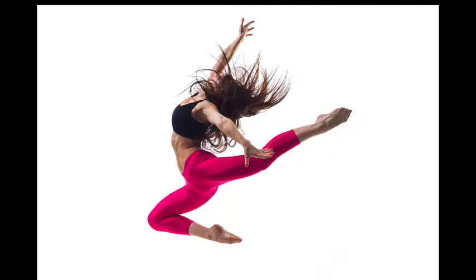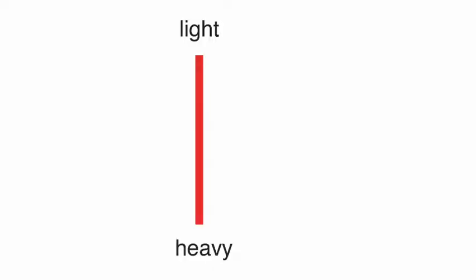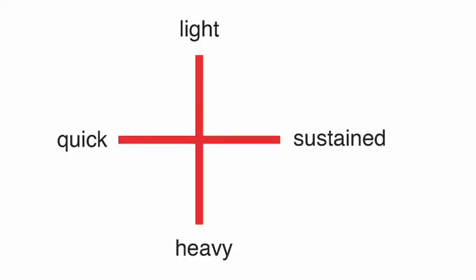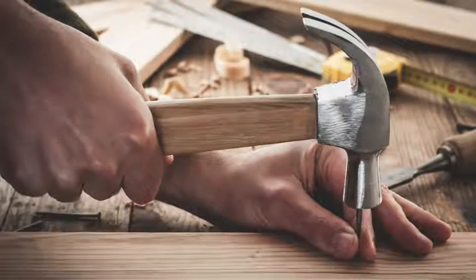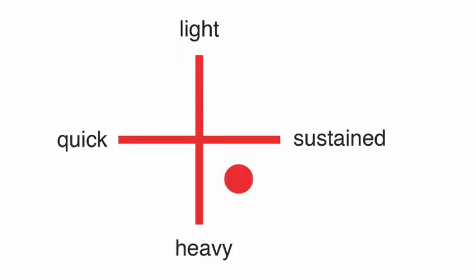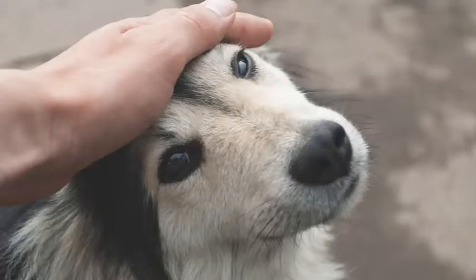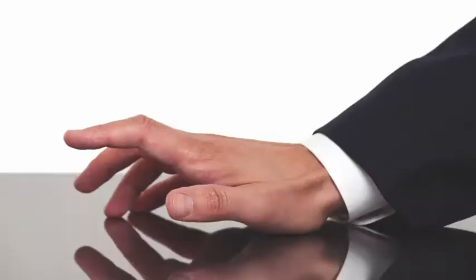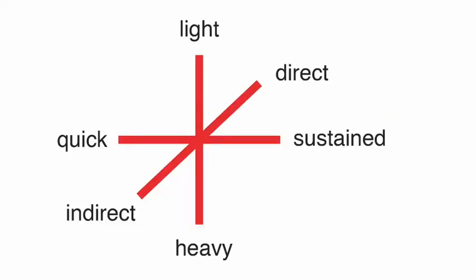There was a dance pioneer named Rudolf Laban who invented a way of analyzing movements that is based on the technique of crossing. He found that movements can be called light or heavy, and quick and sustained. So movements that are quick and heavy would be like pounding. Movements that are heavy but sustained would be like sanding. Movements that are light and sustained would be like stroking a dog's head. And movements that are quick and light would be like tapping. Each of these movements can be crossed again to make 8 different movements.